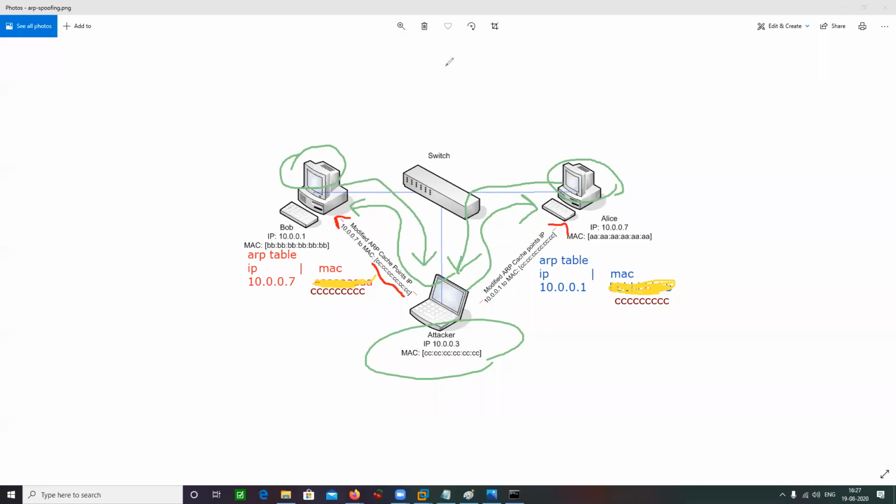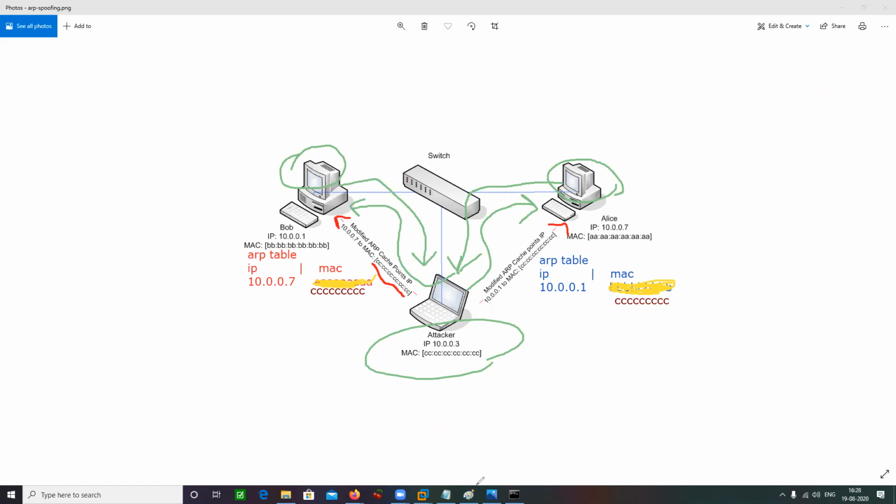So you need to set up 3 machines in your lab environment. Take a note of their IP addresses. Assign an Alice out of these 3 machines, assign a Bob, and assign an attacker. As an attacker, you need to try doing this ARP poisoning. How can you do that?